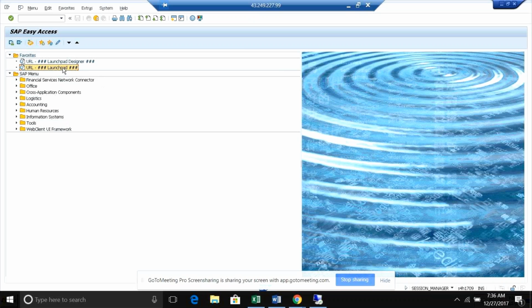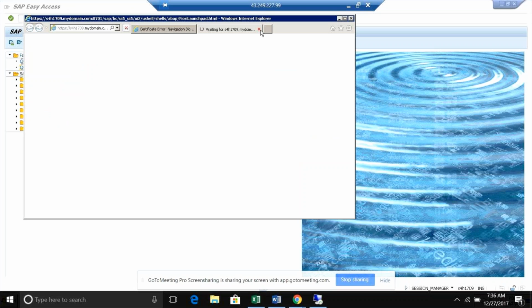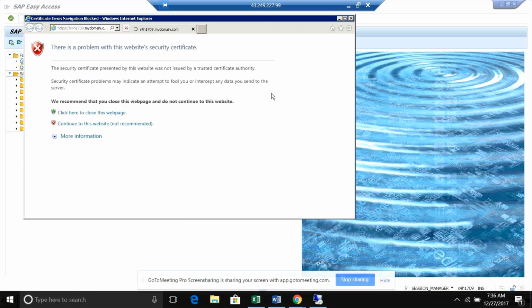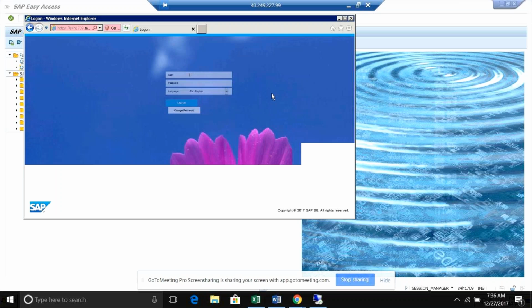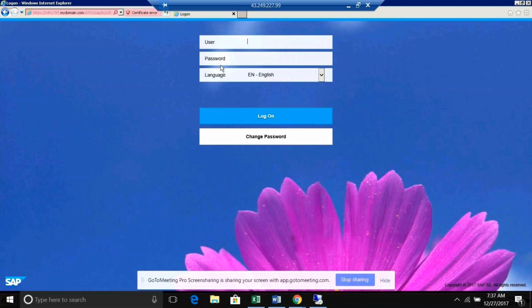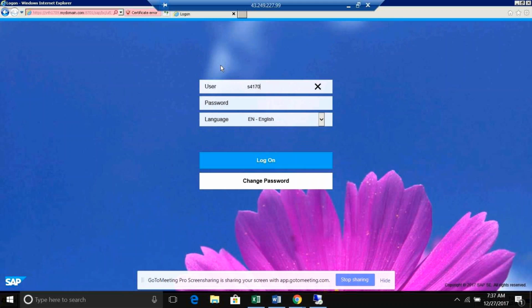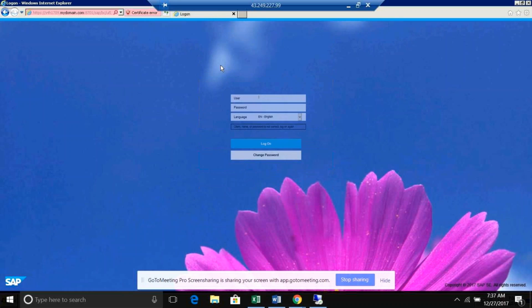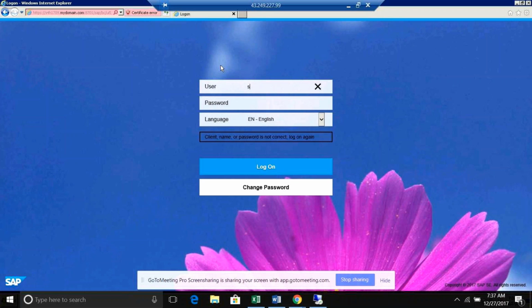This is an important concept. I'm logging into the Fiori now.